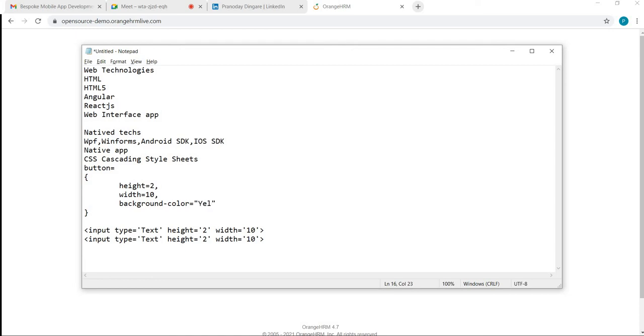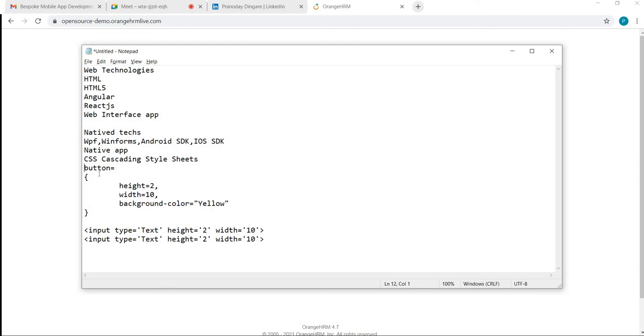I want this group of properties to be applied to all the button controls on my page, so I will create one CSS. This is what designers do. We don't do it as automation testers, guys, but as we are understanding the HTML technology here, I'm just explaining this concept to you. So the designer designs the CSS, the cascading style sheet.